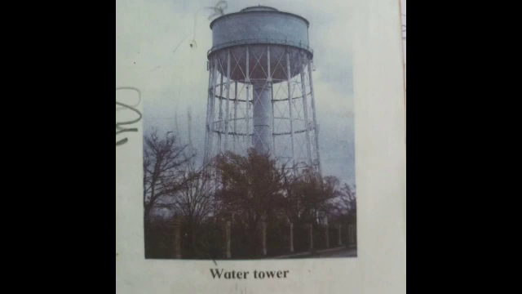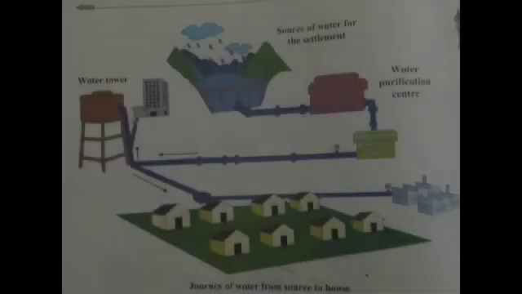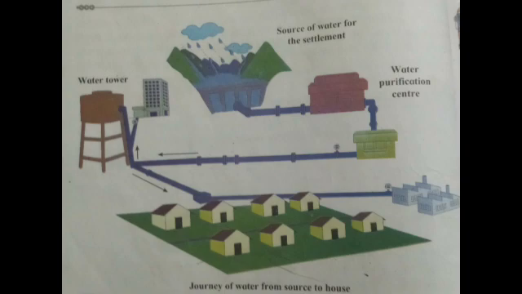So, look at the picture here, children. Journey of water from source to house. This is a journey of water from source to the houses. First you can see here the source of water for the settlement. You know that the main source of water is rain. Here the rain water is collected in the reservoir, and from the reservoir the water is sent to the